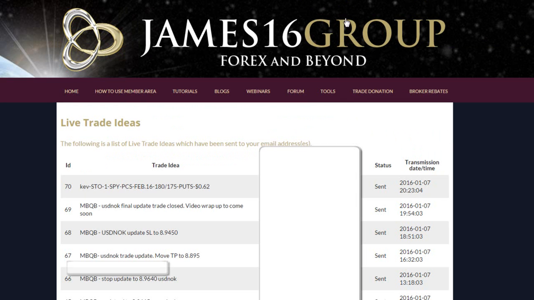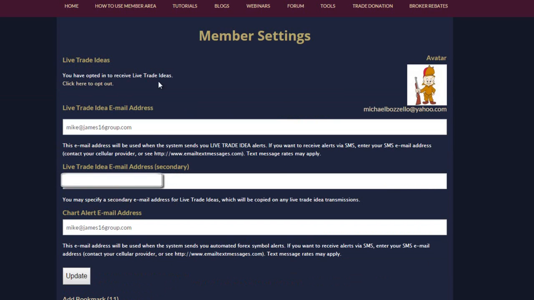If you come to your settings at the top, you'll see the same thing here, where of course you had to opt in to receive them. You get a primary email and a secondary, where I have one go to my email and one go to my phone for text. You have to see if your phone's able to accept it from an email address, and then you might have text message rates that apply to it. Those are all things that you guys need to take care of and investigate on your own. But it's really simple here to track these, to get in, get on the list here so that you receive them.